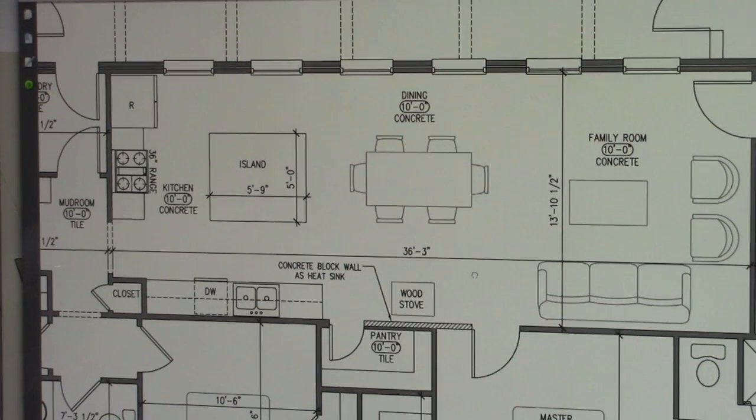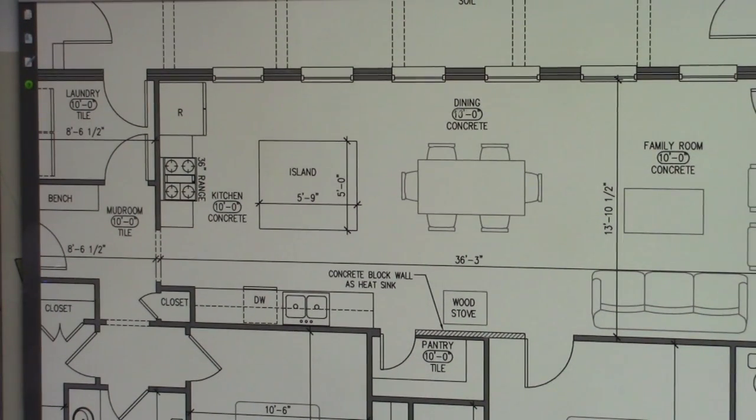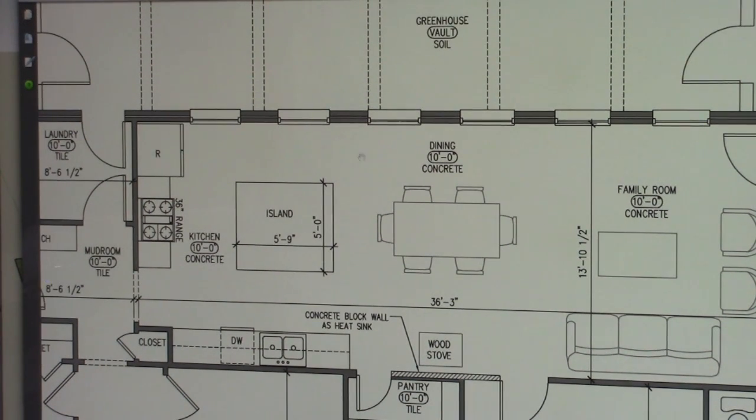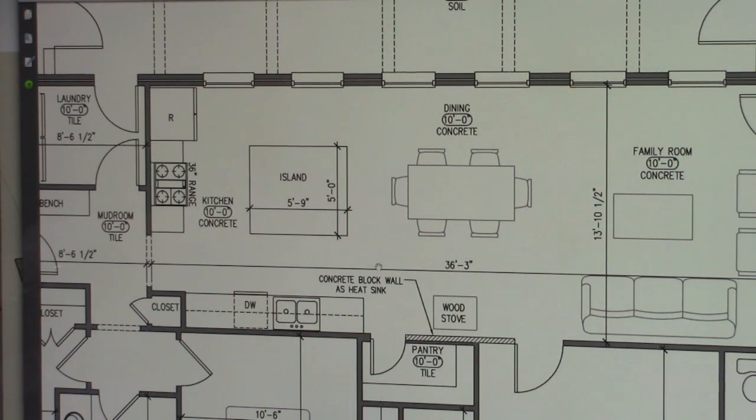So that is also the idea behind the concrete floor. In the wintertime, that sun is going to come through here and it's going to heat up this concrete floor. Now, yes, you can do tile. I don't think it stores the heat quite as well as the raw concrete. However, I don't think there is a huge difference. So in the wintertime, that sun's going to heat up this concrete. At nighttime, when the sun is down, it's going to radiate out the heat and help to heat the home. That is a very, very, very energy efficient means of doing